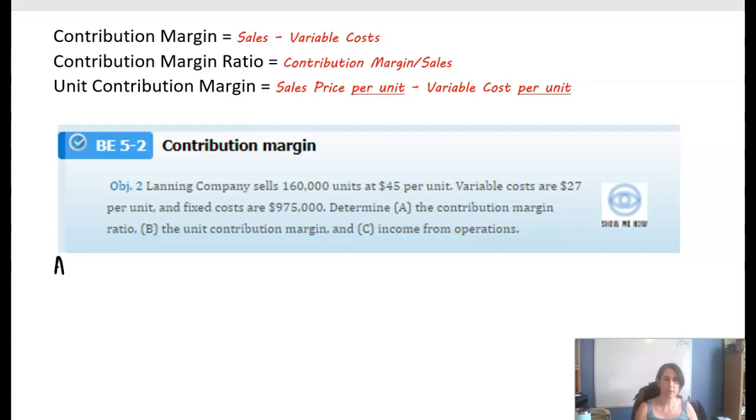We've got to do the contribution margin ratio. So we just said that is, if you look above, contribution margin divided by sales. Well, we don't know the contribution margin, right? But we can figure that out. Contribution margin is sales minus variable costs. Well, we don't know sales. We have to actually figure out the math here. It's 160,000 units at $45 per unit. That is a sales price, which is